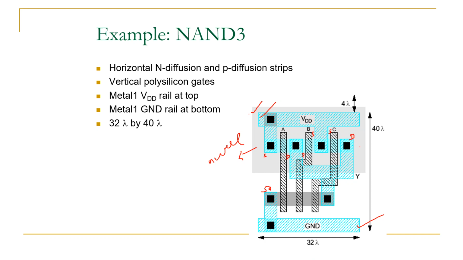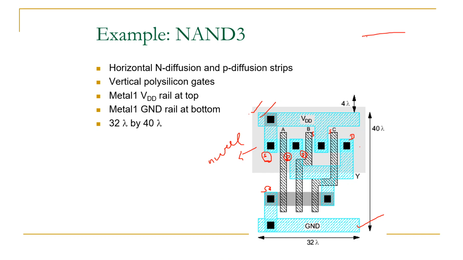It's not necessary this side should always be source. Once this is connected to VDD, that should be your source side for your P MOSFET. That is why here it is altered, this side is drain automatically. Once this side is source, this side is drain for your A gate. On another side, this side can be a source, but this side should be connected to VDD. If this is connected to VDD, which means A of drain, that is the P MOSFET gate A drain, is connected to VDD, that is wrong.